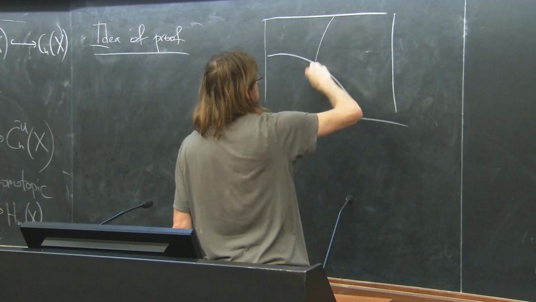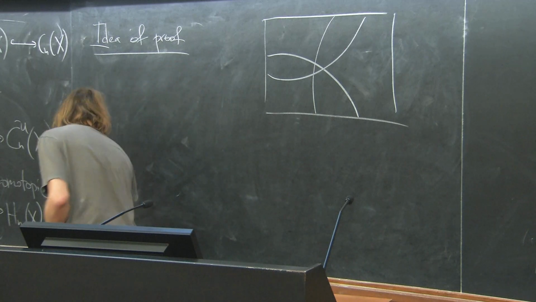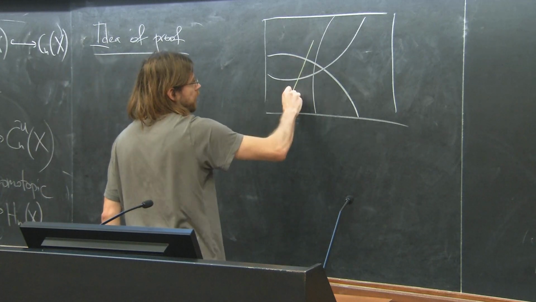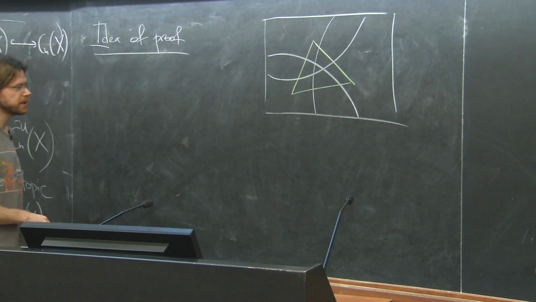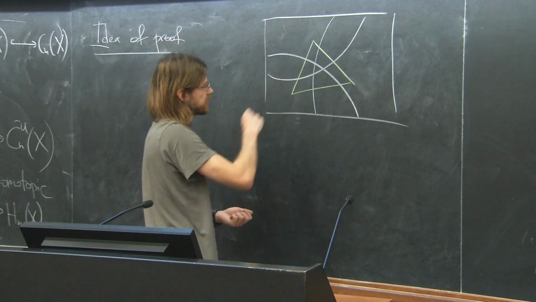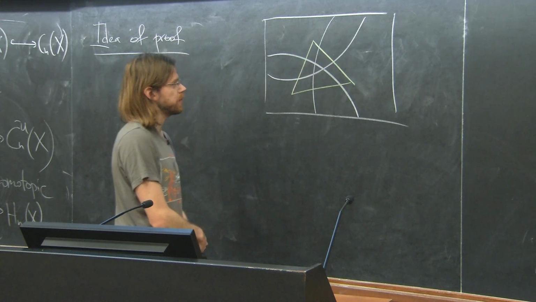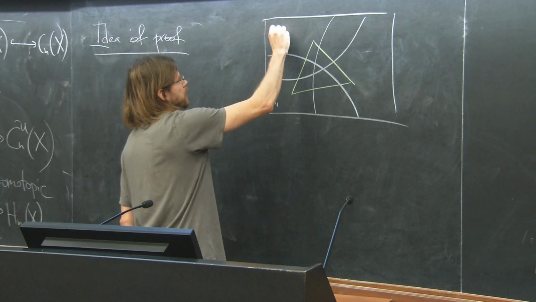Suppose we have some cover like this, and we had some singular simplex which didn't satisfy these properties. Its image wasn't contained in one of these covering